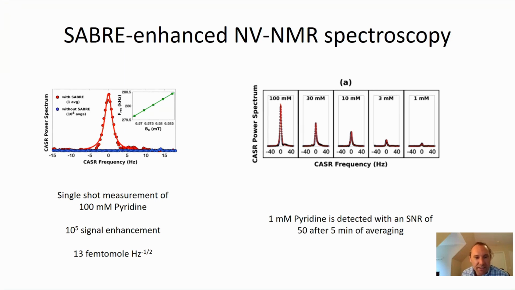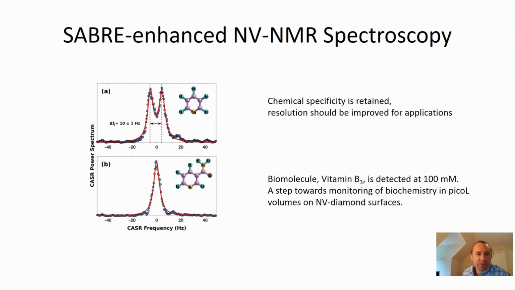Another central result is that we can detect even as low as 1 millimolar pyridine with an SNR of 50, for example, after 5 minutes of averaging. What we did here is just go down with the concentration. Of course, pyridine is the most typical molecule that we do this with. We can also do this